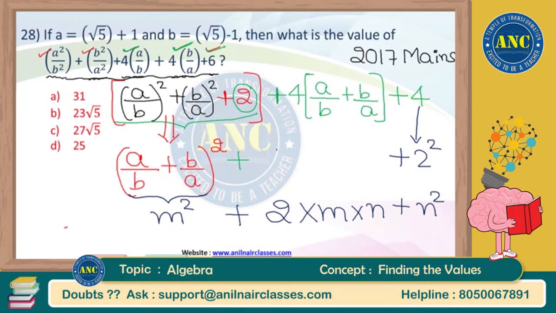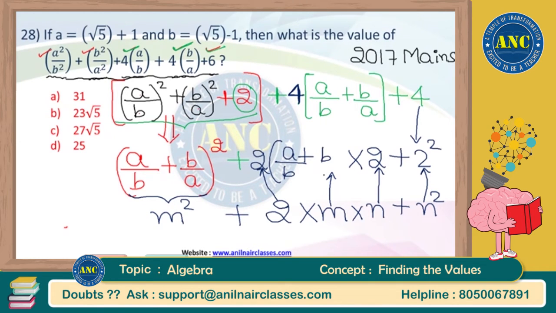Now, can I say that this 2 I will write as it is, but the question is having 4 actually, right? Out of this 4 I have already written 2, another 2 I will write it here, because that 2 is corresponding to n. I hope you are understanding. 2 into 2 is 4, so 4 is written, so this n value 2 is written, so m is nothing but a by b plus b by a.